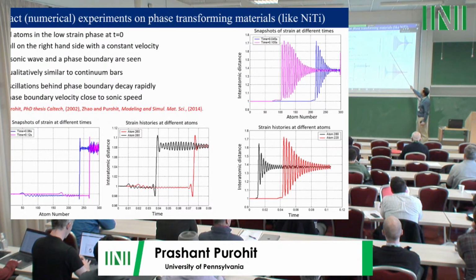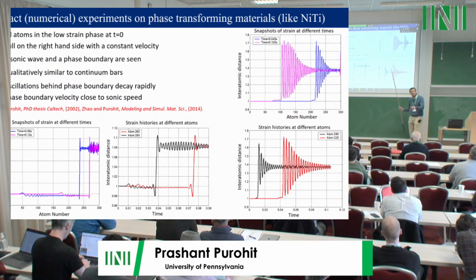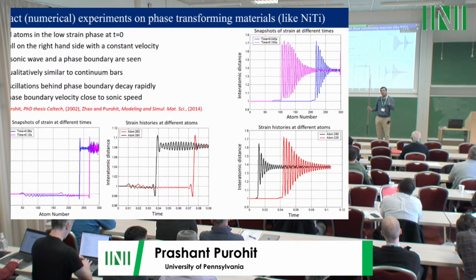There is a sonic wave going in the front. There is a phase transition front going behind it. And behind the phase transition front, you see a bunch of oscillations. That might look to you like a dispersive shock wave because there are modulated oscillations that are decaying away as you go further and further away from that phase transition front. Once again, there is dissipation taking place behind this moving phase transition front, and we want to understand this dissipation